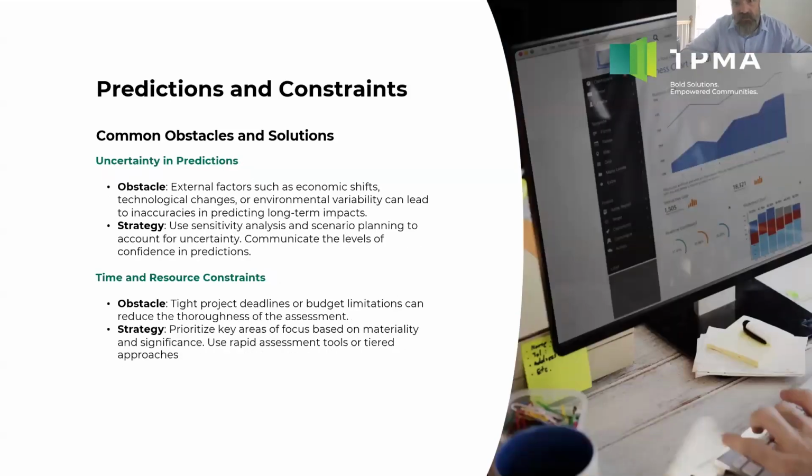Predictions and constraints, of course, I've touched on some of this already. Always uncertainty. We try to add an error band as well when we can. Sensitivity analysis to see, okay, how sensitive is this to every factor or every variable that we load into it. Sometimes these economic impact analyses are paired with multivariate regression analyses as well to really identify some of those drivers at a statistically significant level, and also the general scale of them and the magnitude of the impact that they have.